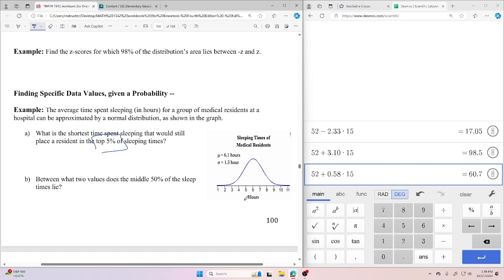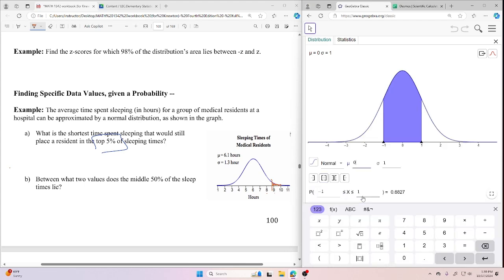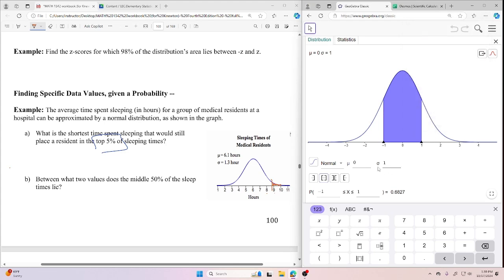Well, it looks like a bell curve, and I want 5%. In fact, I'm going to use a different color to shade in right here. What would the top 5% look like visually, right? Well, it would look something kind of like this, yeah? Like that little bitty tiny thing on the far end there, the top 5%. And so I'm guessing it's going to be around 8 or 9 hours of sleep. Okay, cool so far? So let's go to GeoGebra. And again, we have it all open right here. I have a mean. What's my mean? Yes, 6.1. You can see that from the graph there. Standard deviation,